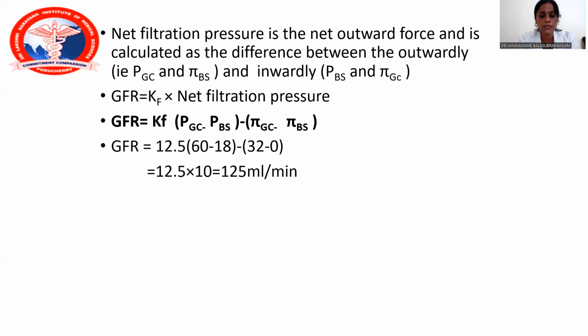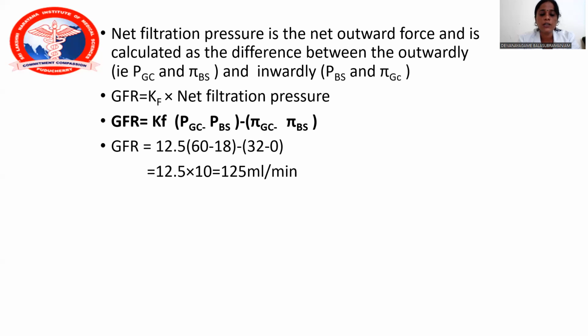The filtration coefficient is around 12.5, multiplied by 60 minus 18, where 60 is PGC, the glomerular capillary hydrostatic pressure, and 18 is PBS, the Bowman space hydrostatic pressure, minus 32 minus 0. So you get the value as 12.5 multiplied